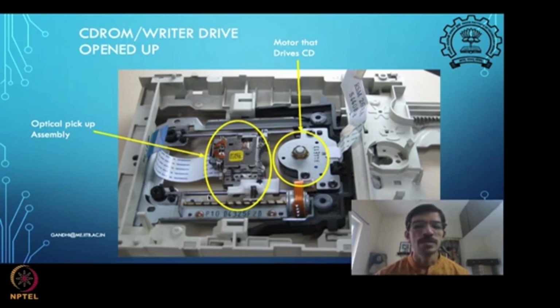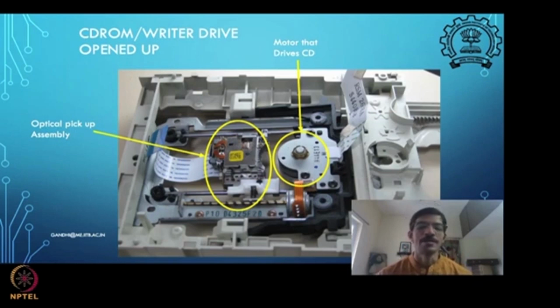So imagine the CD has the center of this motor as its axis of rotation, and the CD is rotating on this axis, and then the head is moving radially inward and outward when the CD is rotating. Okay, that is a 2 degree of freedom motion that is required for reading an XY kind of position. I mean, XY place